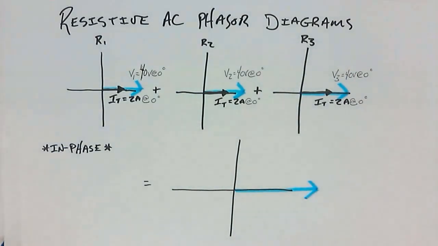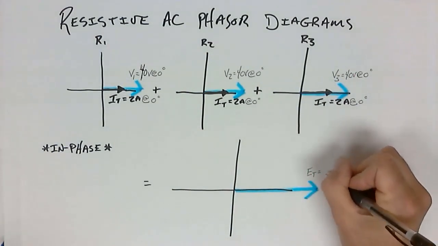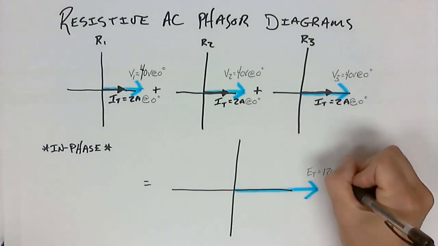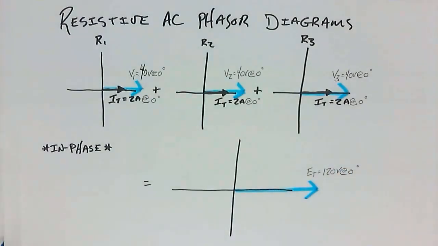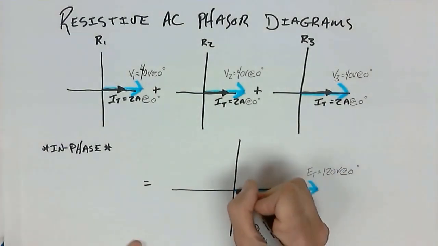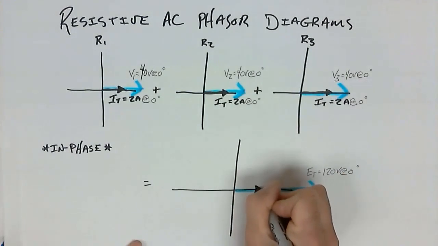It's much longer, and this is E total, which is 120 volts at 0 degrees. What is the value of current at this point? Well, it's the same as it always has been. It is 2 amps